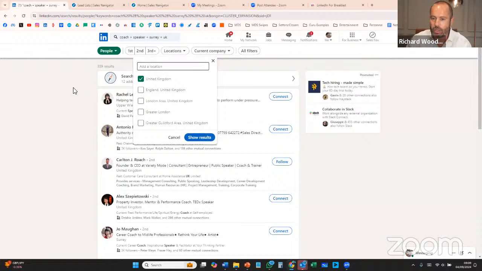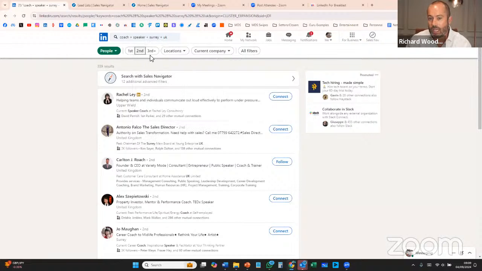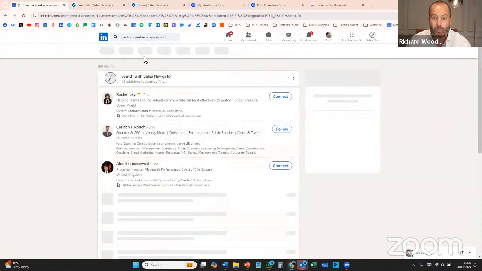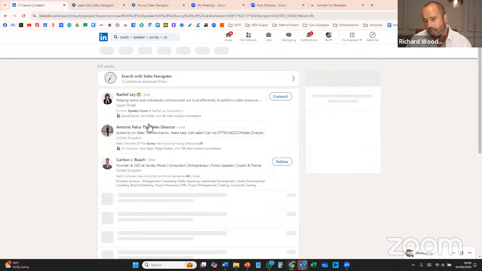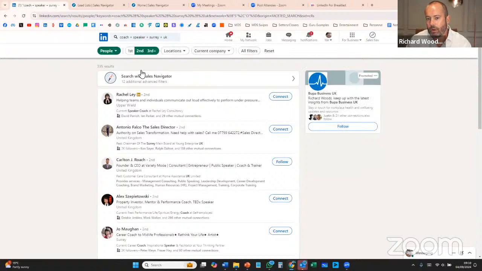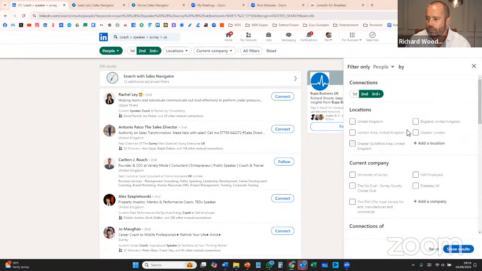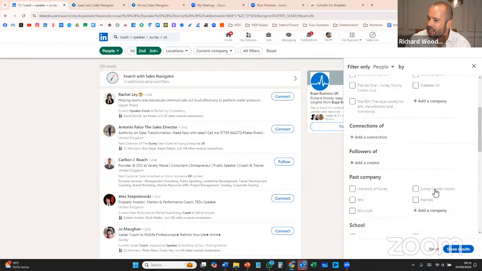I can also look at second degree and third degree because I might not want to connect with my current connections, right? So I can go second and third. And now it's going to show me both of those, right? So now I've got 333 results, okay? And there's some other filters, so I can go into all filters, and it gives me location, maybe current company. I can look at connections of different people,